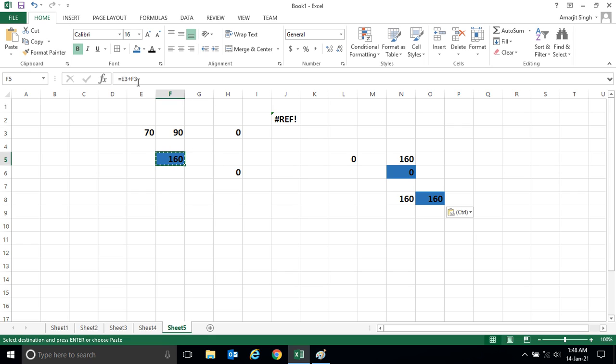You see, when I select this region, in the formula bar it shows E3 and F3, but when I select this cell, the value comes directly. That means it doesn't copy the formula, it copies the value. So this is one special thing. Similarly